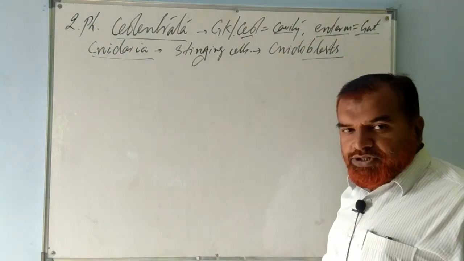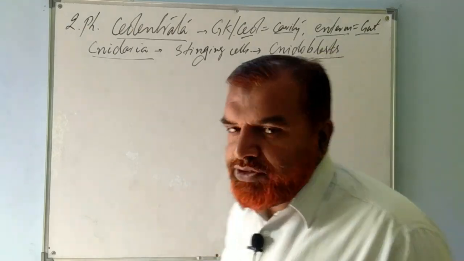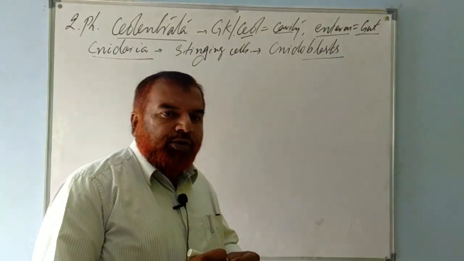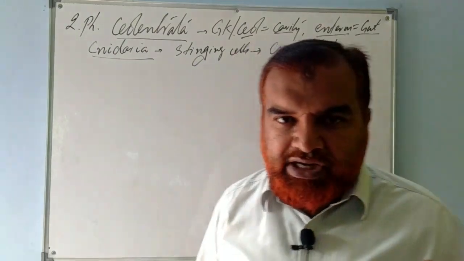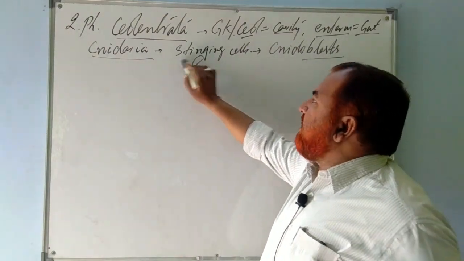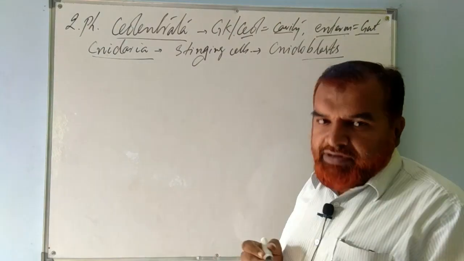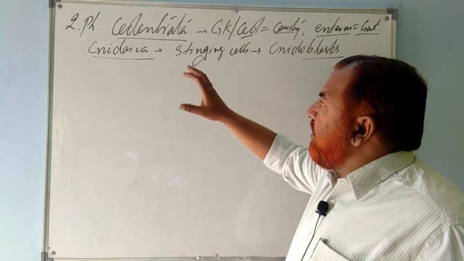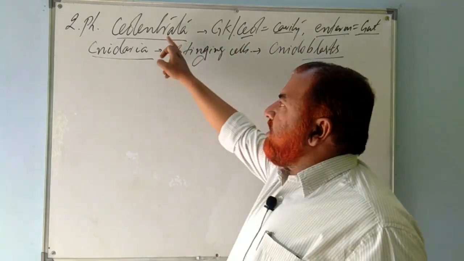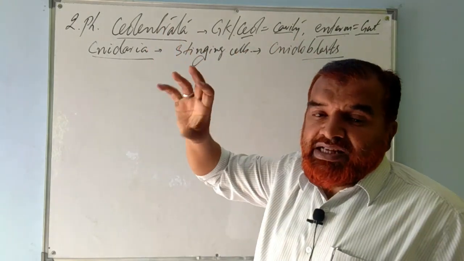Cnidoblasts. Blast also refers to cells. Cytes also refers to cells. You know that they have tentacles, for example, Hydra. So they have stinging cells that help in catching the prey. We will talk about that. Because these animals possess the body cavity, the group name is known as